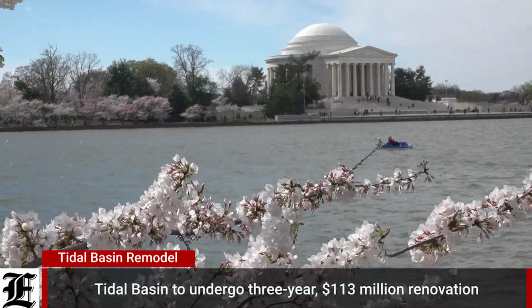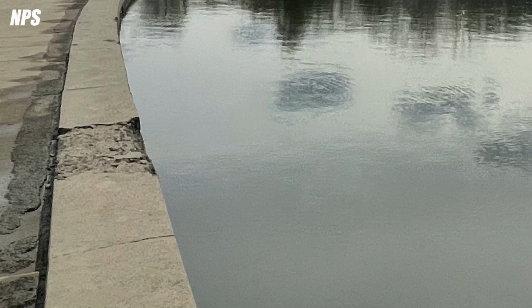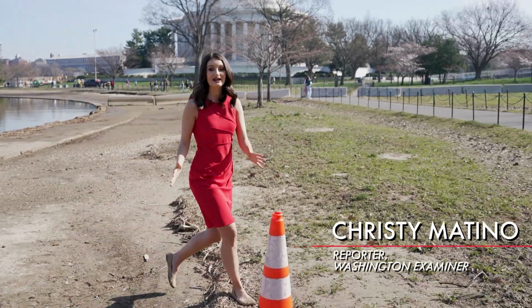The Tidal Basin is a staple in DC history. Built in the late 19th century, early 20th century. But its seawalls are starting to show their age. They're quite frankly starting to fail. We've seen settlement as much as 5 feet over the years, so they're now 5 feet lower than when they were built. You can see this is how far that water comes up every day during high tide, but that's